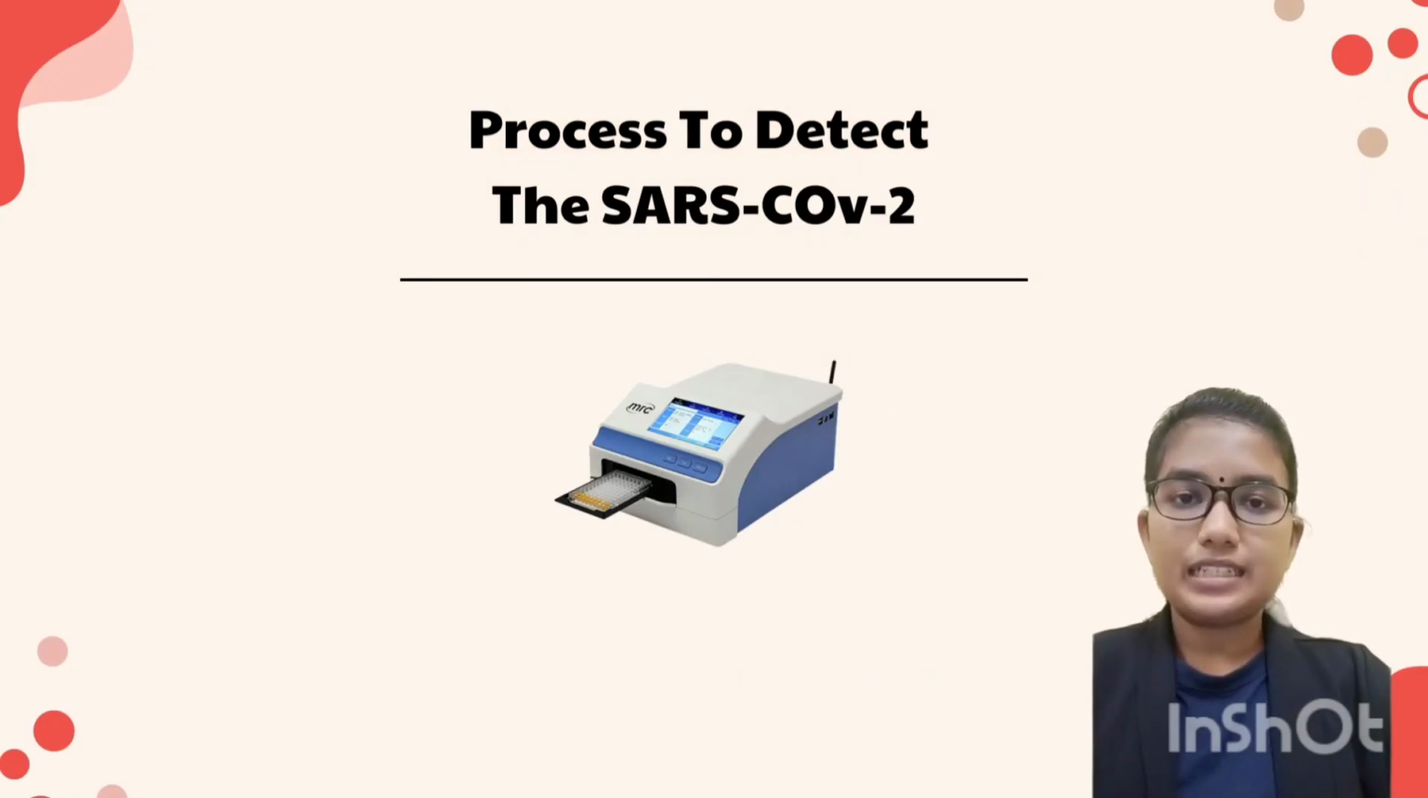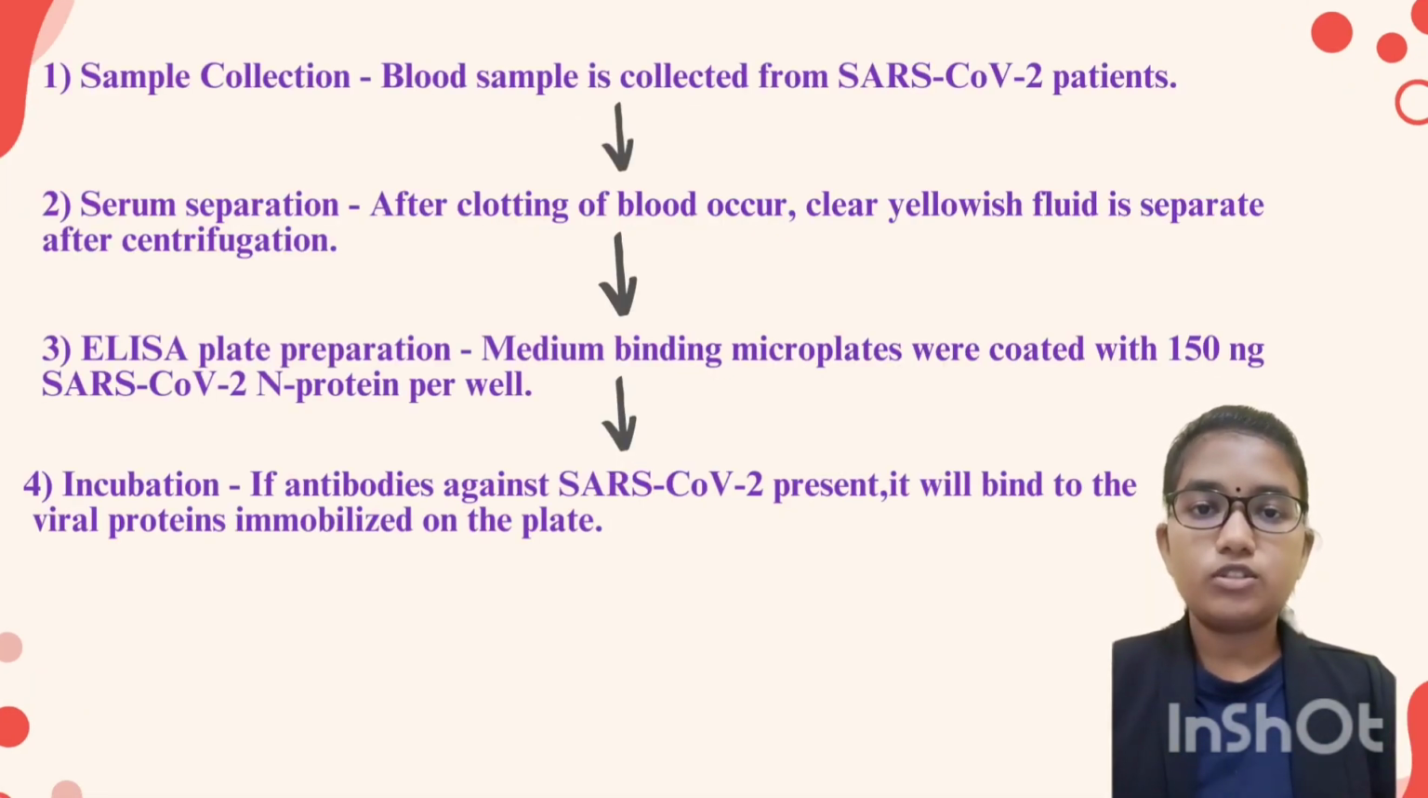Hi, I'm Karthika Tinakaran and I would like to explain about the process that is used to detect SARS-CoV-2 using the ELISA test. Now in this slide, I would like to explain further about the methods. First of all, the blood sample is collected from the SARS-CoV-2 patient. For the second step, after the clotting of blood occurs, the yellowish fluid is separated from the blood sample after